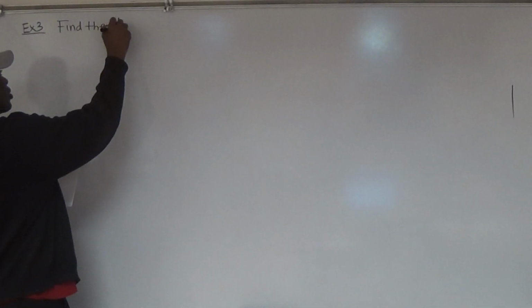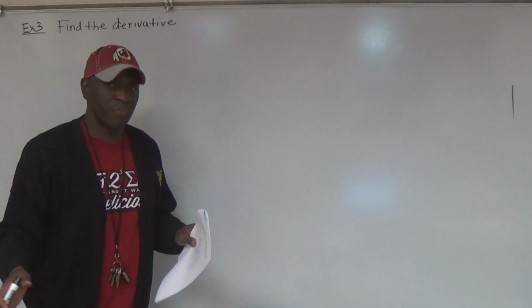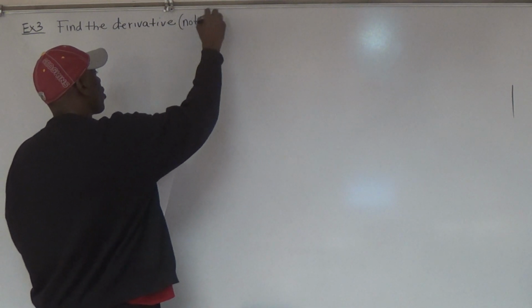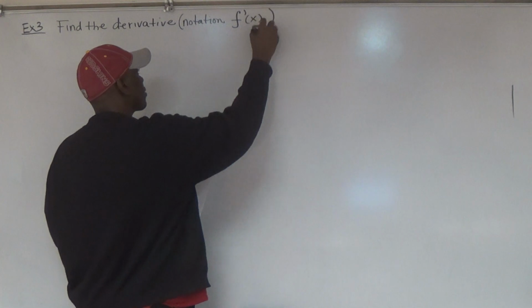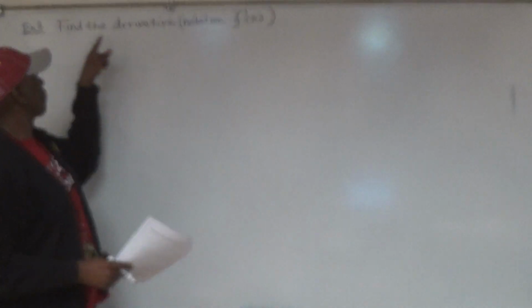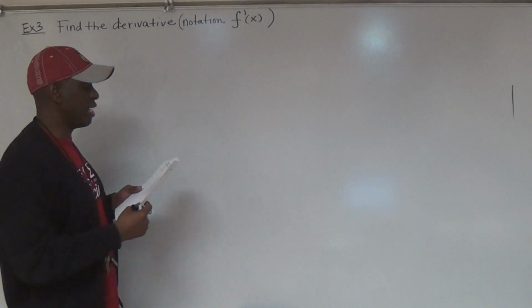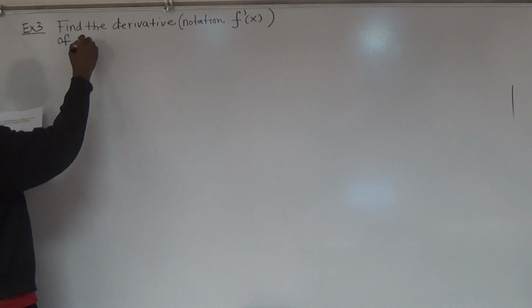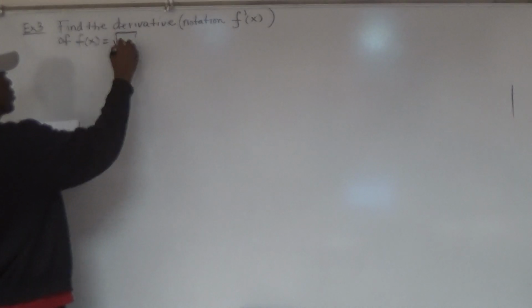All right. Find the derivative. Now we're going to use a different notation for derivative. The notation that we're going to use is f prime of x. This means derivative. That's how you want to denote derivative now. F prime of x. Find the derivative of f of x equals the square root of x,